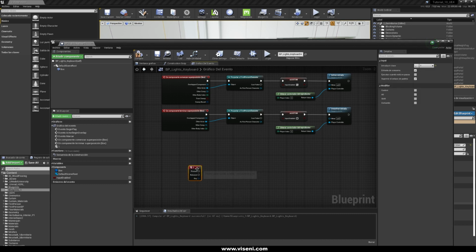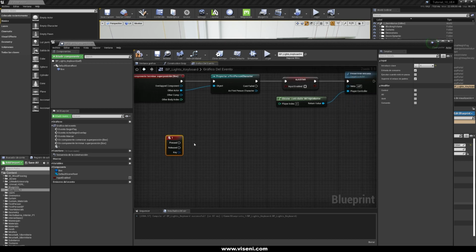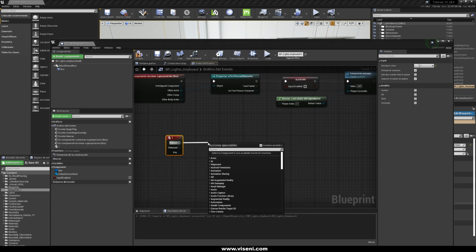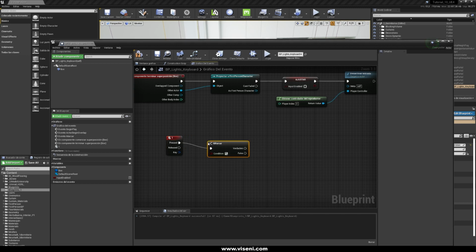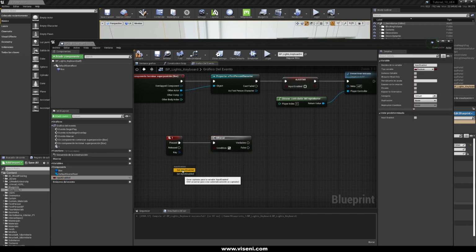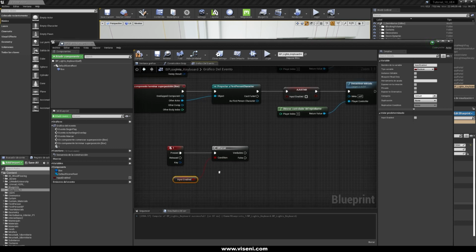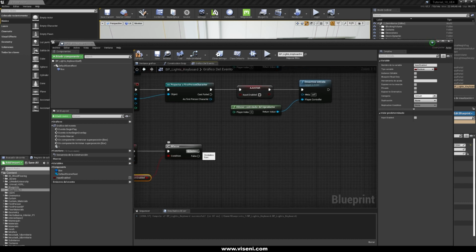So for example, we use the one in our keyboard, and now in the process event we need to do a branch. So like that we have a condition, and our condition is our input enable. Okay, we get it here and we connect it to our condition. So now it's easy. If we press 1, if our input enable is checked, and if it's true, we do